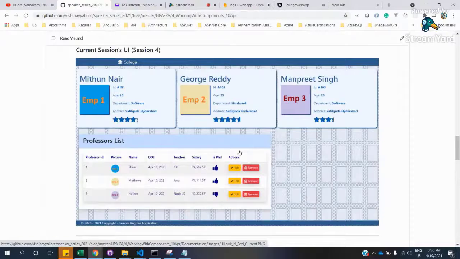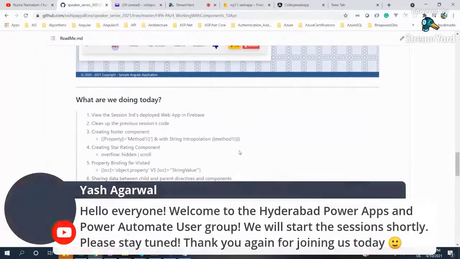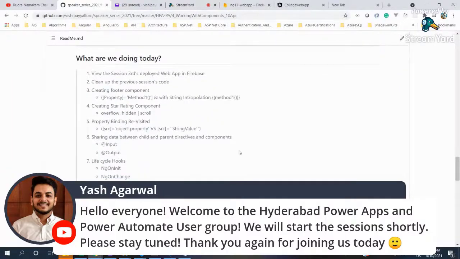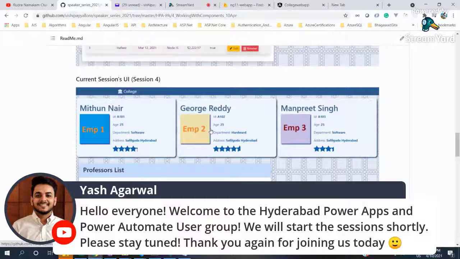While doing this, we will be learning a lot of concepts. It's all hands-on sessions with concepts introduced as and when needed. Some of the concepts we introduce, we'll revisit when we discuss them in the next session. That's how we are moving forward. So what are we going to do today? We are going to see what we developed in the previous session, and then do a little bit of cleanup on that, and then go ahead with creating today's session. Technically we are converting ourselves from this model to this model.